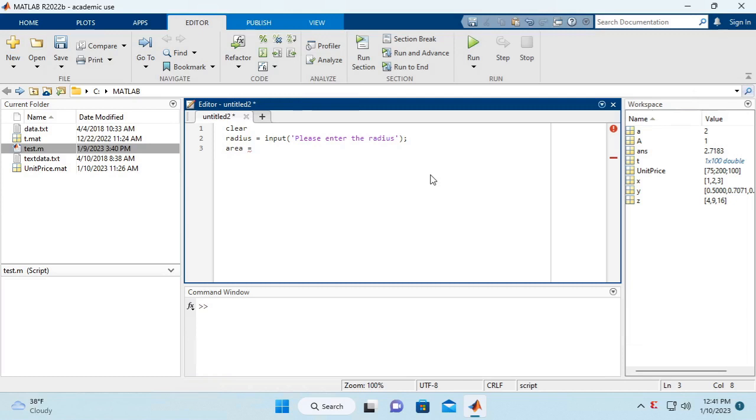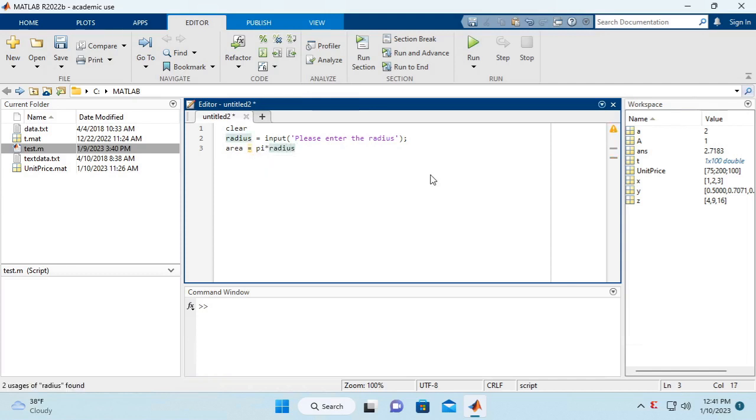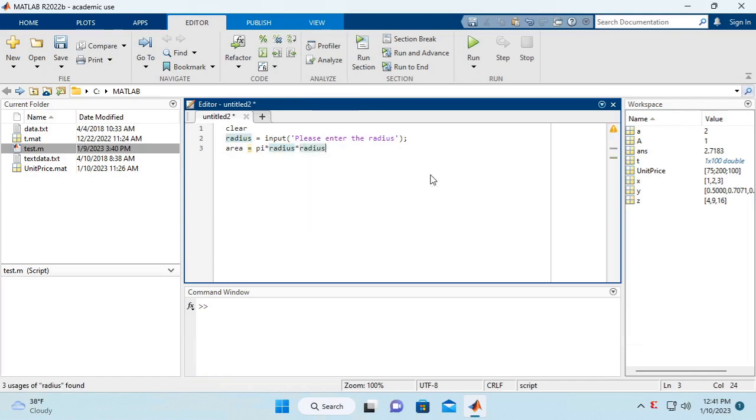The equation for the area is pi multiplied by the radius squared. I can either use the power operator, or I can just multiply radius again,